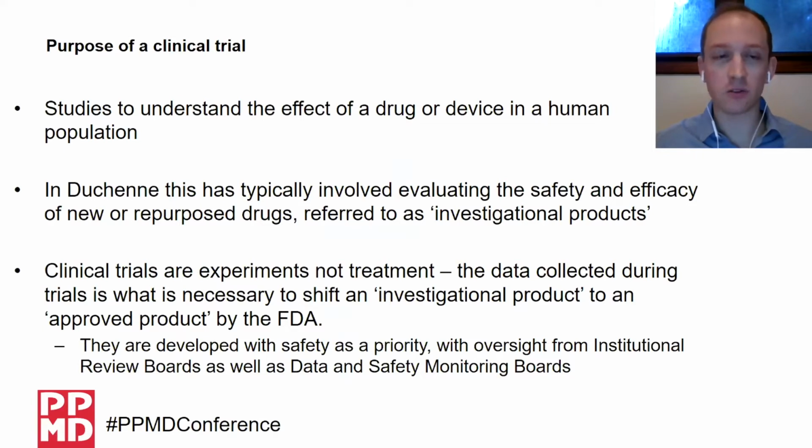The purpose of a clinical trial is for us to understand if a drug that is being developed is safe and efficacious. So Ryan already talked to some of these points earlier with the generation of the FDA as a regulatory body, and it's so that we know that the products that we end up delivering to these children are providing them with benefits and aren't going to have a bunch of negative